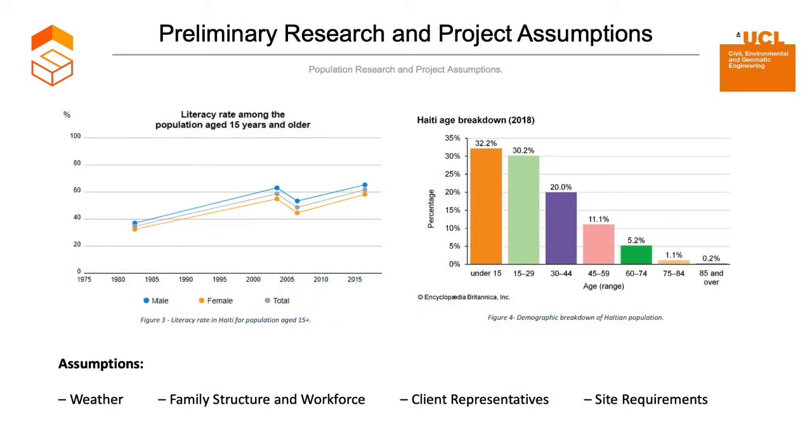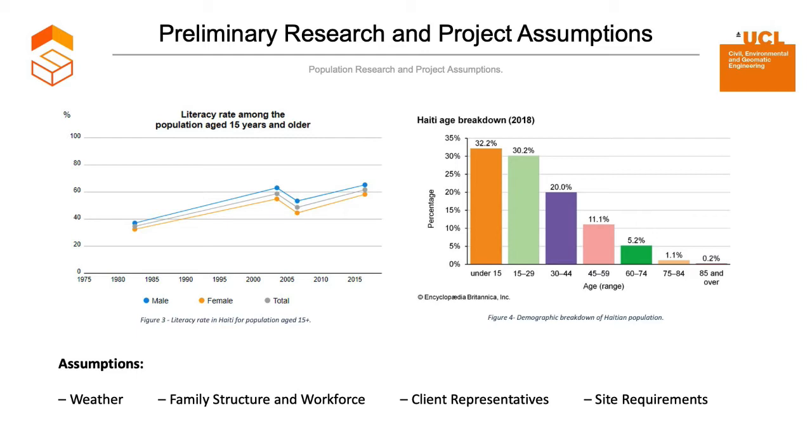With the project's central theme of information modeling, there needs to be an established understanding of who will be receiving certain information. Figure 3 shows that the literacy rates in Haiti are increasing, around 60% in 2015, but still relatively low compared to the 99% in the UK. Most of the population are not professionally trained and work using local methods of construction. As a result, careful considerations need to be made throughout the project development as to how information can be conveyed